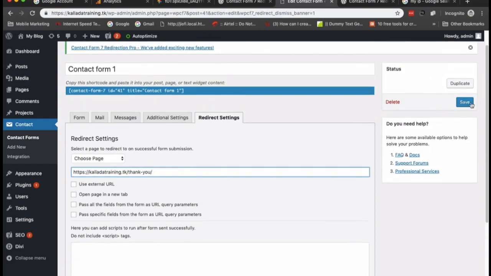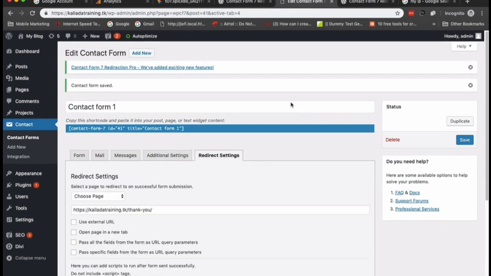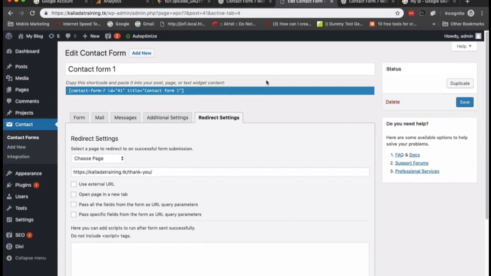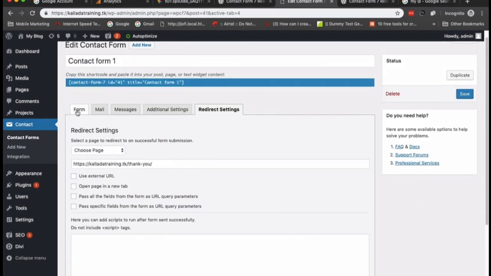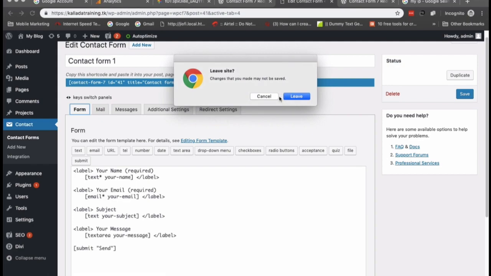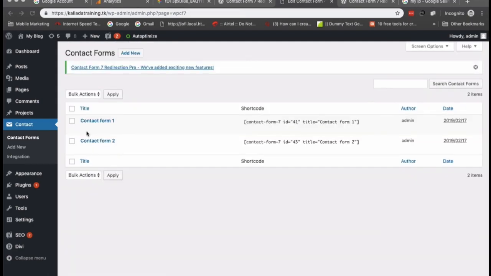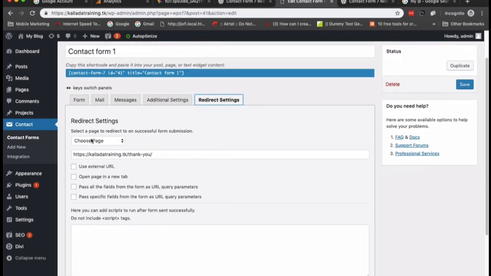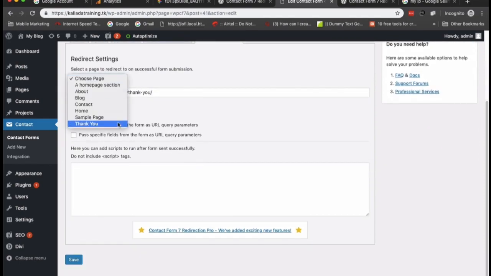So I'll go ahead and save this, and ensure that the changes have taken effect. Just double check that the redirection plugin is configured. Everything looks fine.